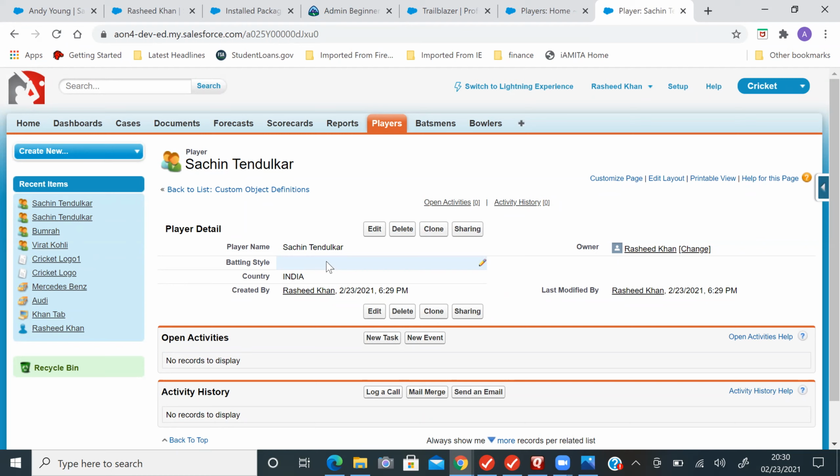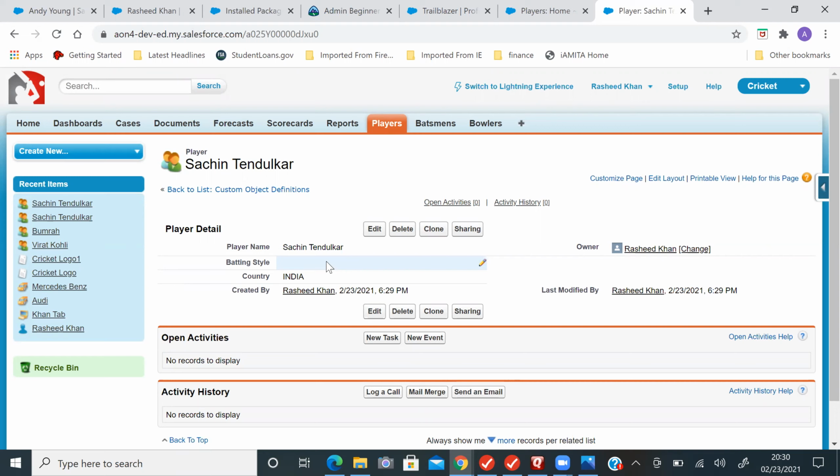Yes. So there are three ways to make a field required: through validation rules, while creating the fields, and third is through page layouts. Through validation rules and page layouts, we will be seeing that afterwards. So this is the first tableau. There will be interview questions, like the interviewer will ask you how many ways you can make a field required. So you can say there are three ways: through validation rules, while creating the fields, and third option is page layouts. You need to keep this in mind.